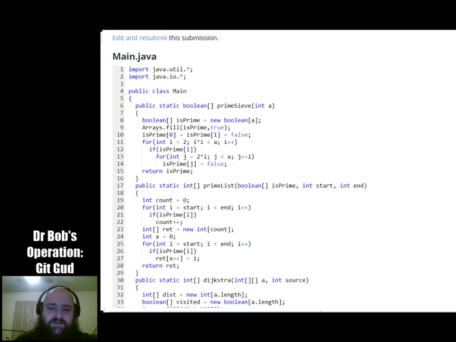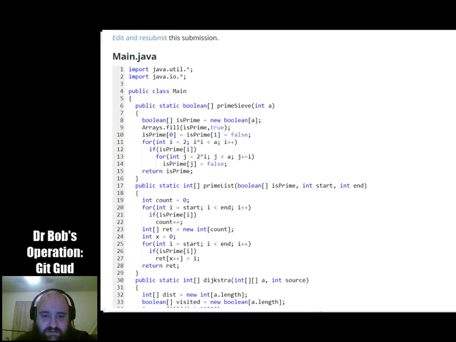What it does is it returns a Boolean array, and the true or false value at a given element of this Boolean array is true if the index is prime, false otherwise. So that's why when it's returned, it's called isPrime, and I set its length equal to A, so this returns all of the primes less than A, a Boolean structure giving you that list.